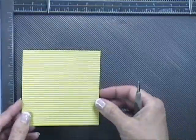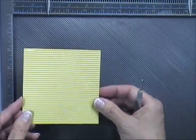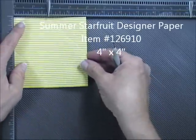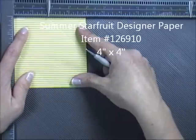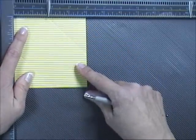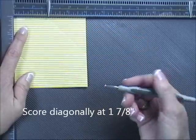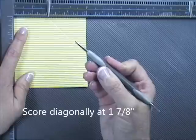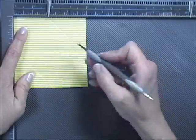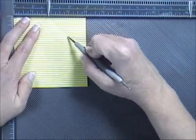Okay, so while we're scoring and trimming, I'm going to go ahead and show you how I made the little envelope. And it's just a 4x4 square of designer paper. I'm using Summer Starfruit. And I have this one actually already scored, but I want to show you how to do it. I have this marked at 1 7/8, and I'm going to take the wider ball of my stylus so that it doesn't puncture the paper, and I'll just score this on the diagonal at 1 7/8 along